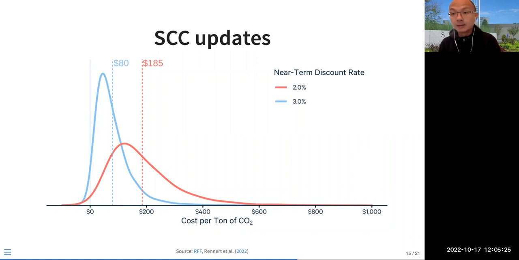The updated results come to about $185 per ton, which is a comparatively higher number, which shows we really need to incorporate the cost of carbon in order to achieve the desired mitigation goals, which a cost of carbon will for sure